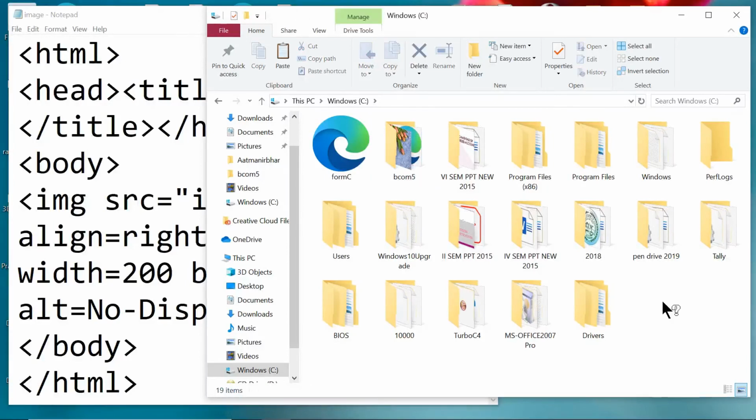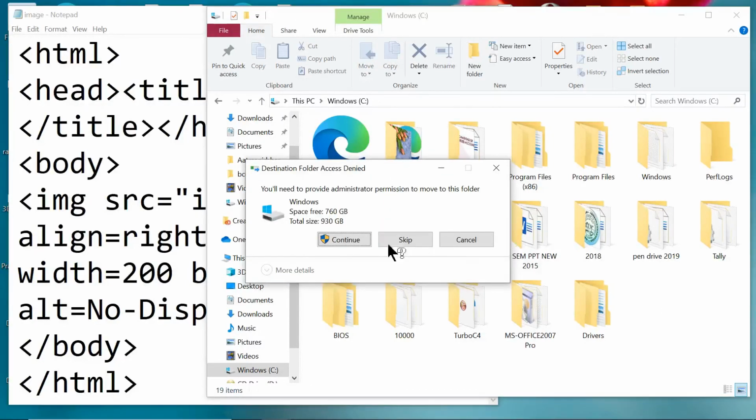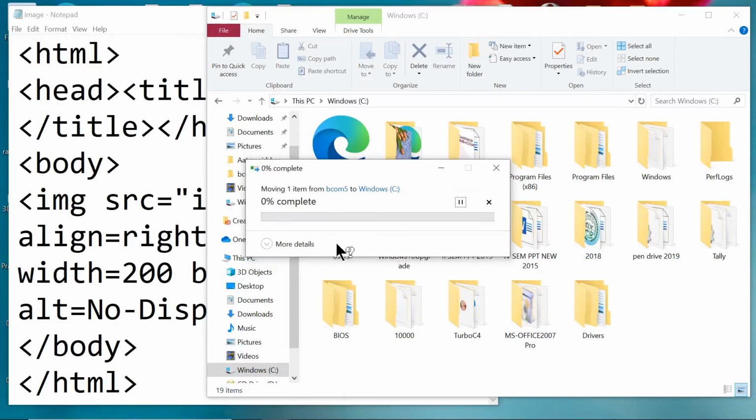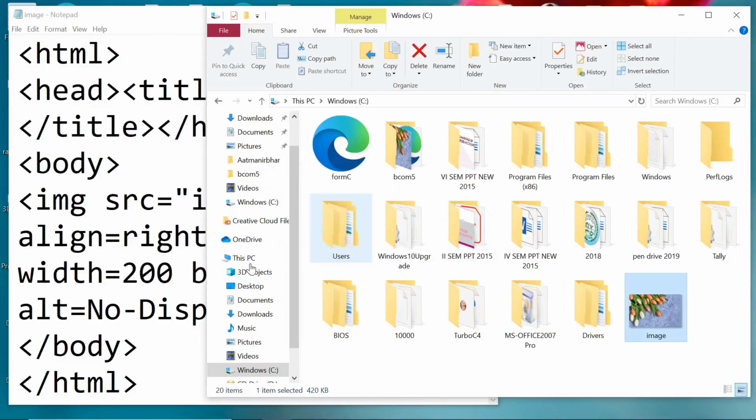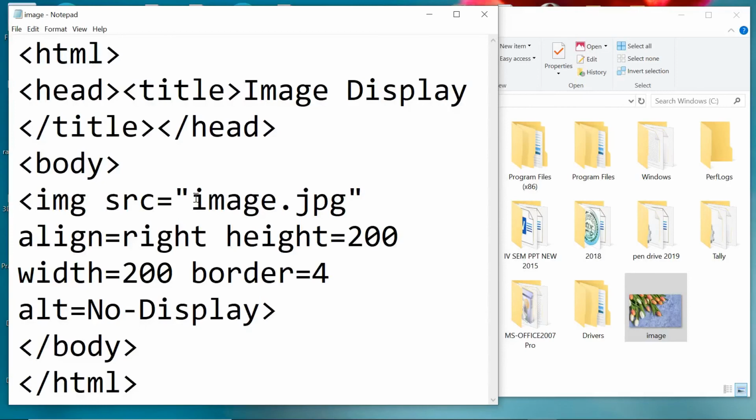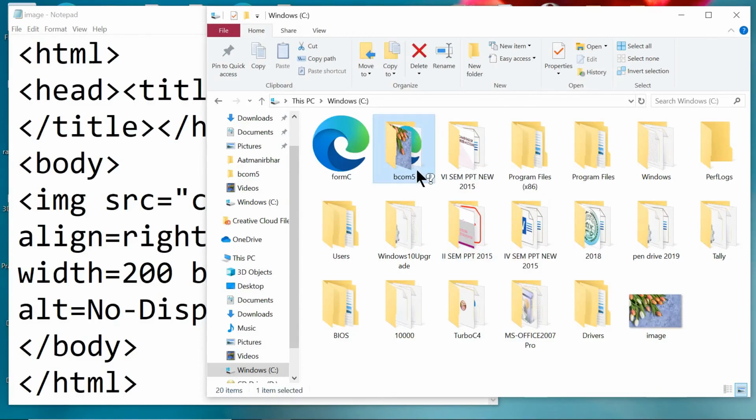In that case, what will be the change? Go back to the editor, and here in the path we have to provide the complete location of the image. C drive colon slash. Save this one. Go back to the folder.